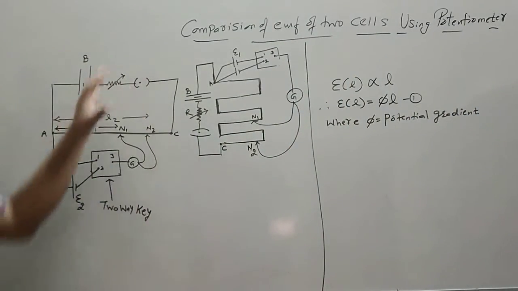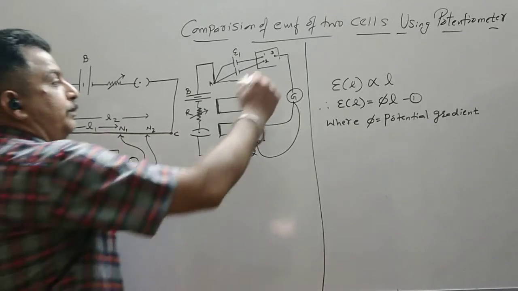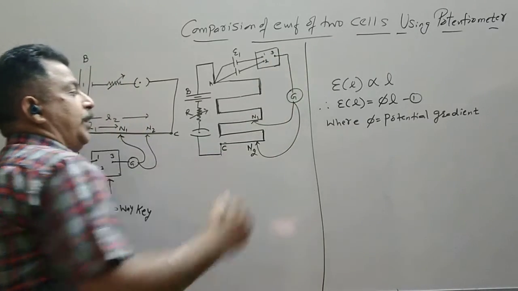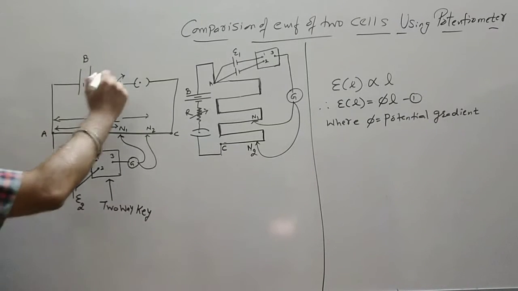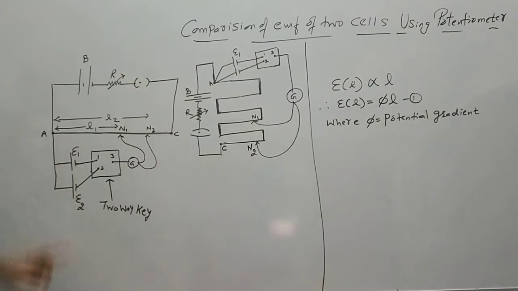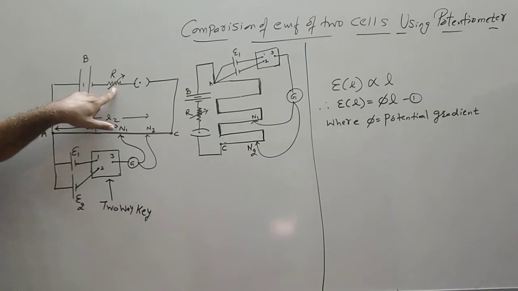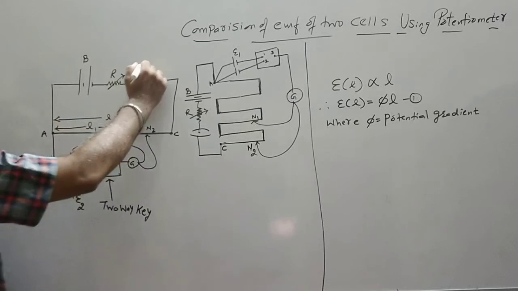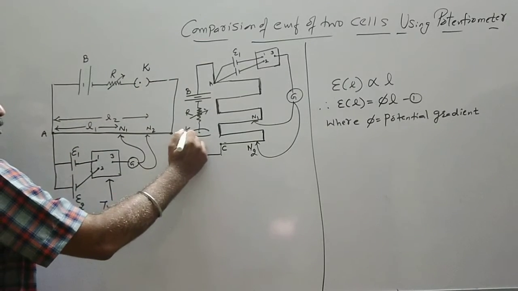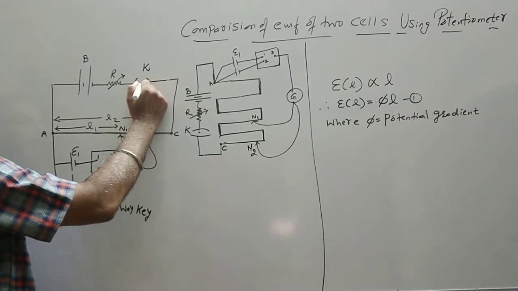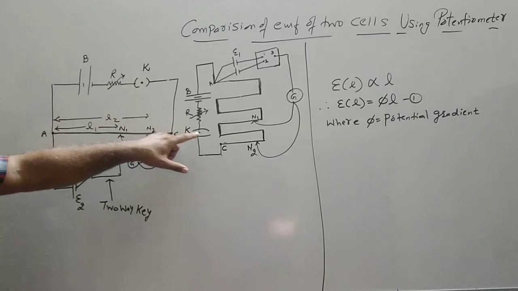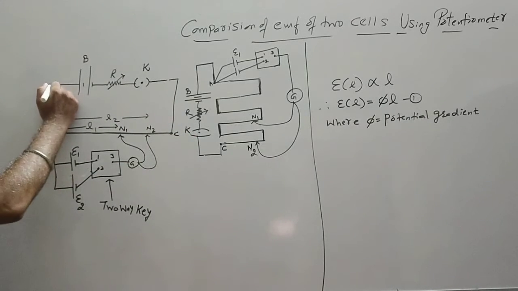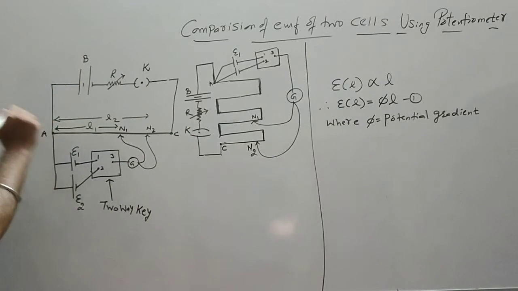Now let us try to understand the diagram of the potentiometer again. So this was our driver battery. Instead of a resistance box, we have a resistance. This arrow indicates that it is a variable resistance. Then this is a key, which when we have a dot, the current starts flowing in it. So as soon as the key is closed, the current will start flowing from this positive terminal, and at junction A it will be divided.